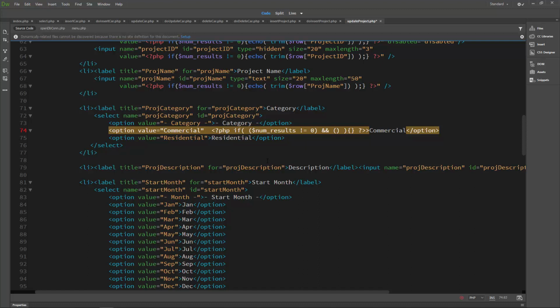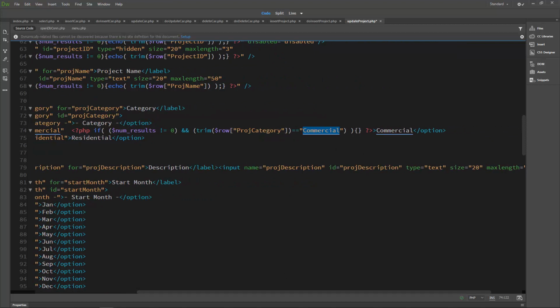In this second grouping, we're going to look and see if the trimmed value of $row proj category is double equal to commercial. Make sure that this right here matches this right here. If both of those are true,